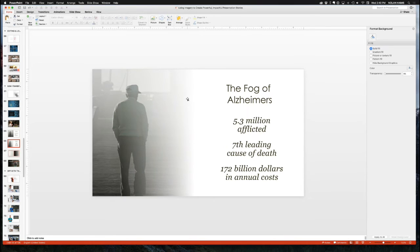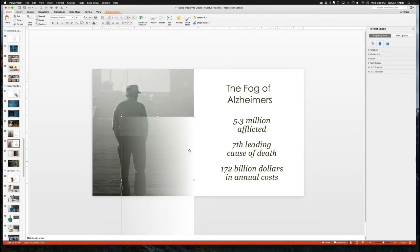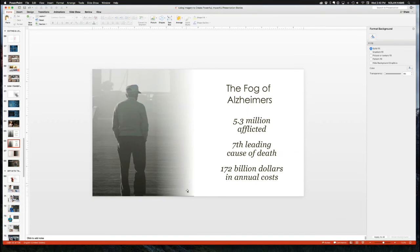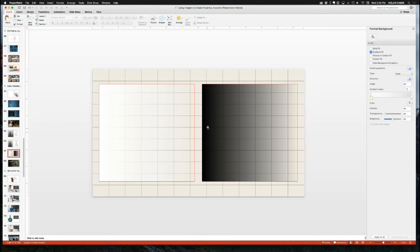You can do this all in PowerPoint without Photoshop. This is simply a semi-transparent gradient shape that goes from 100% white to 0% white. And if we go here, you can see that we have a gradient applied to this. And you can play around with this. You can make it wider or shorter, but at the end of the day, it's going to allow you to get that soft edge on an image. And you can do this in white to nothing. You can do it in black to nothing,